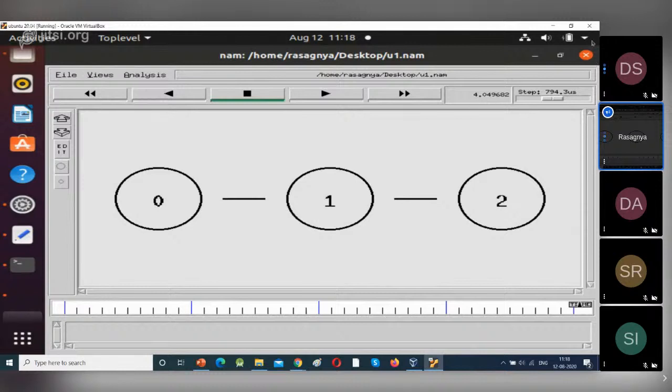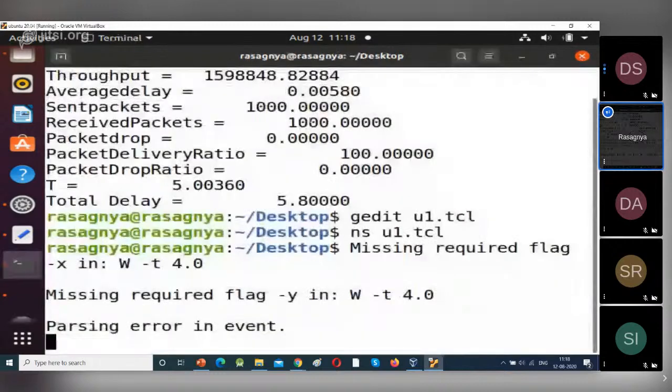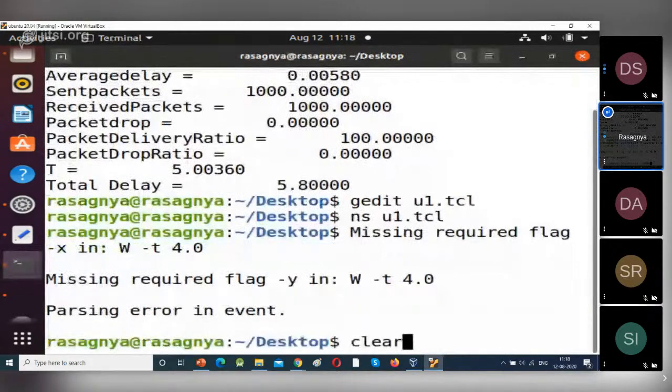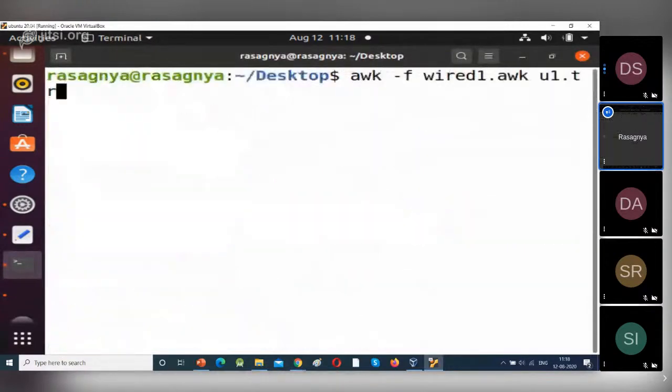Now we will see what will happen. Close this window. Now we will do analysis, that is AWK space hyphen F space file name of the AWK, next file name of the trace file. Now click enter.